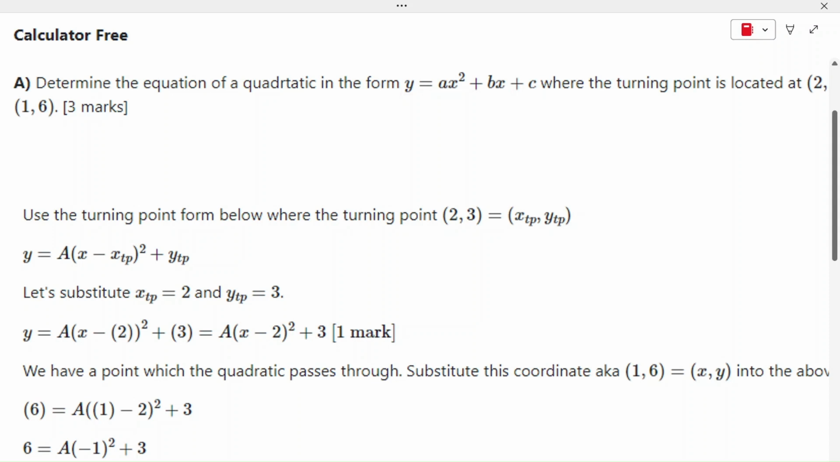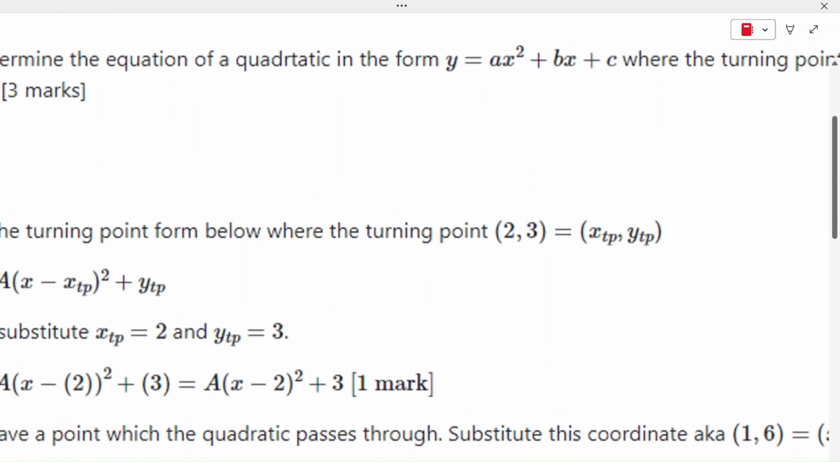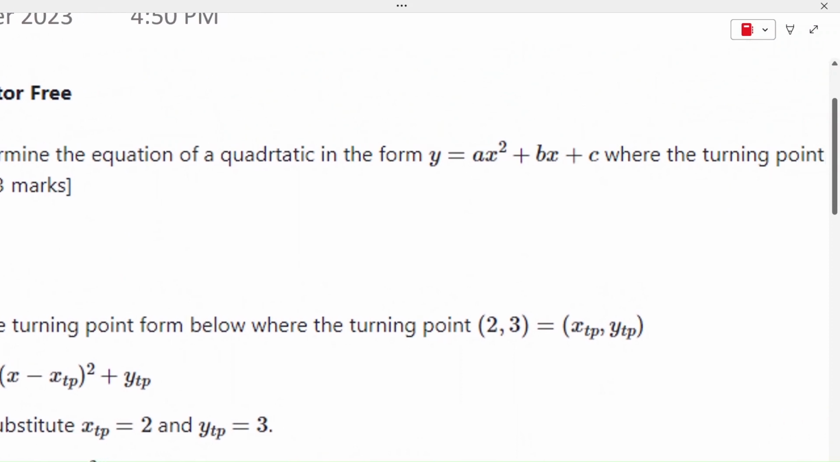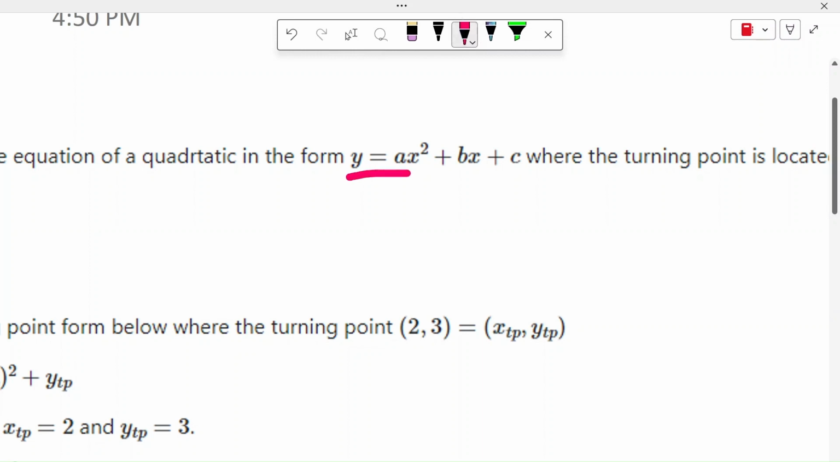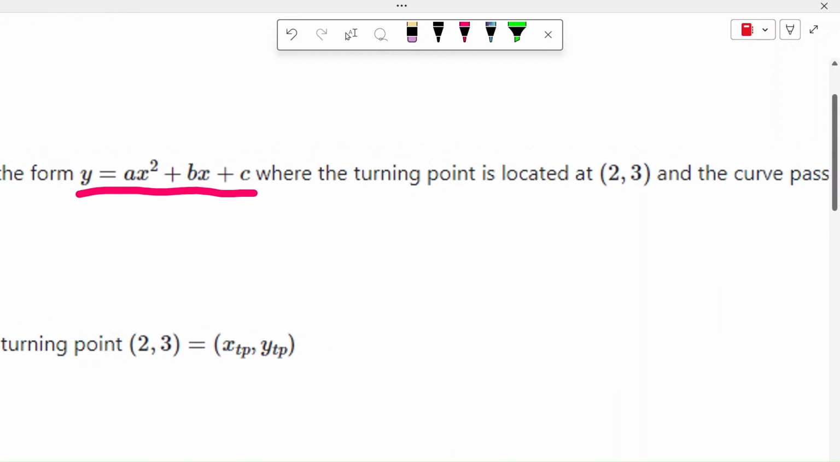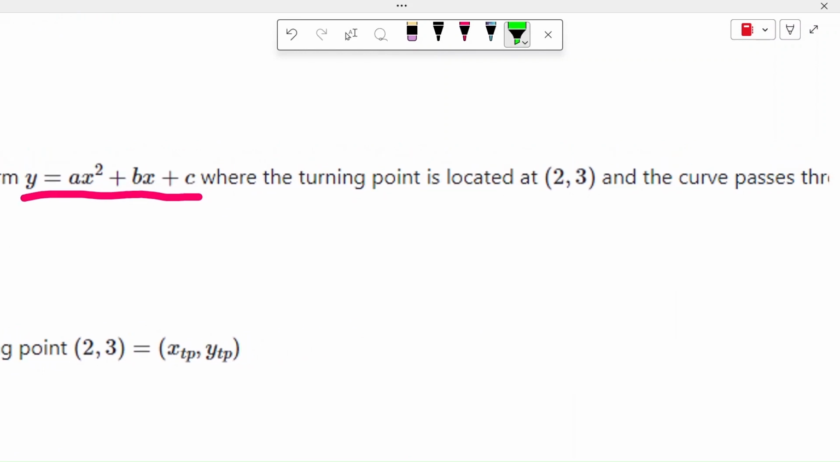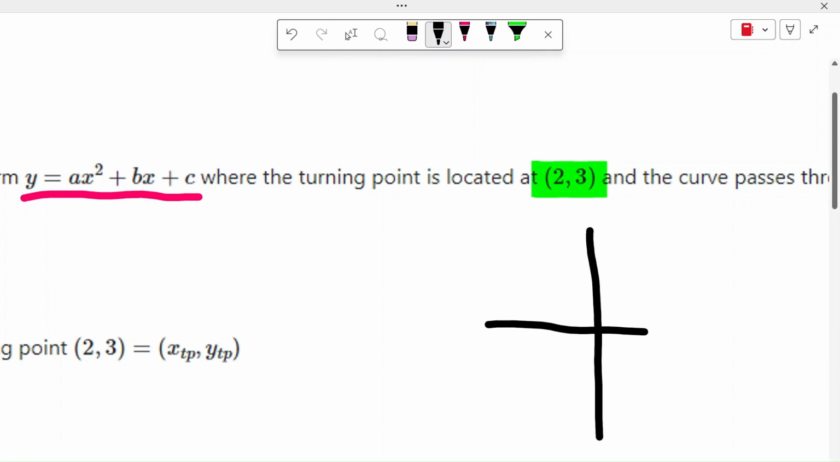All right, this question is asking us to find the equation of this quadratic, but in the standard form. So that is in this form here. We've got a little bit of information about it. First of all, that there's this turning point. So if we were to plot this guy,